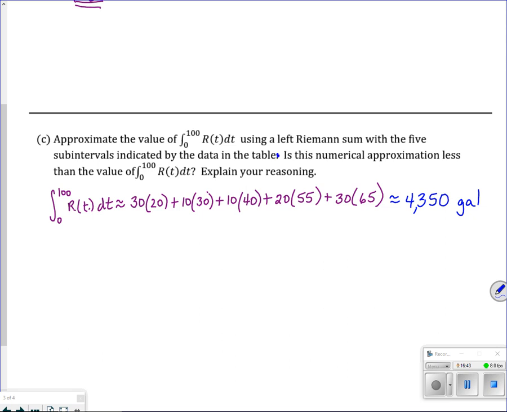Now, I have to make sure I answer both questions. Is this numerical approximation less than the actual value? Explain your reasoning. What is that dependent on? Well, it depends if you have an increasing or decreasing function. Y'all, we had an increasing function. So if you looked at our table, our function was increasing. I'm using the lower 5. So I would say since r of t is increasing,